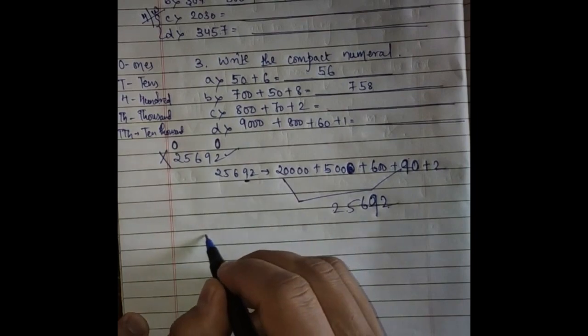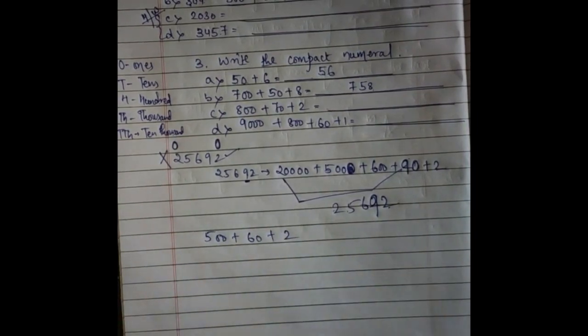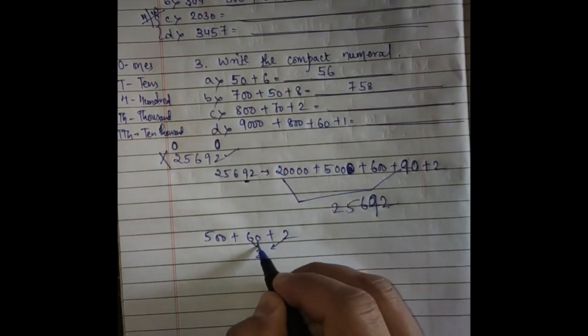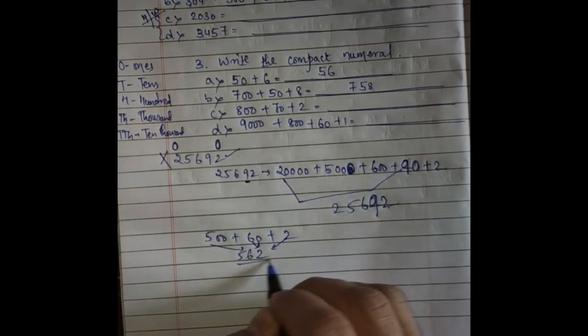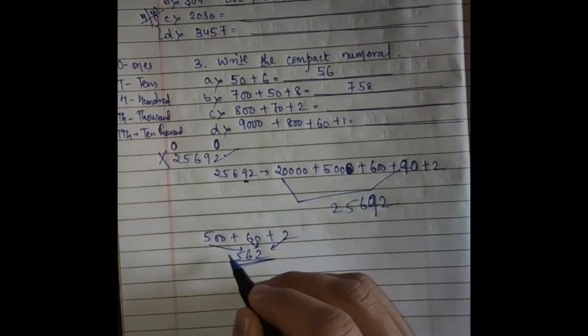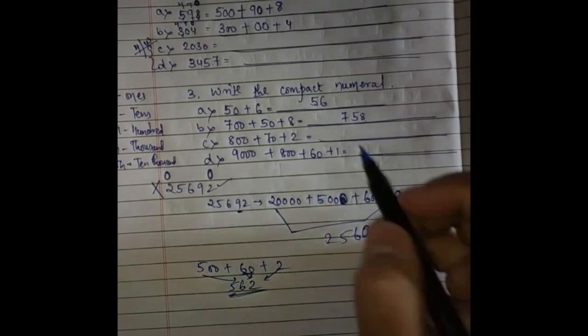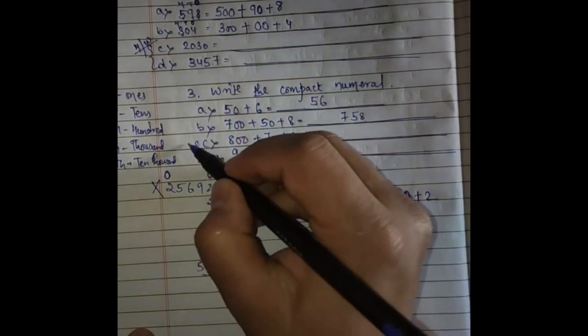So similarly, I am showing you the next example. Say for 500 plus 60 plus 2, if I have this expanded form, then if you have to write this in a compact or joint form, then how to write? First of all, I'll write 2 first, then 6, then 5 at the last. It is 562: 1s, 10s, 100s. It is 500, 60 and 2, isn't it? So similarly, I have written this. Similarly, you will try to solve numbers C and D yourself.